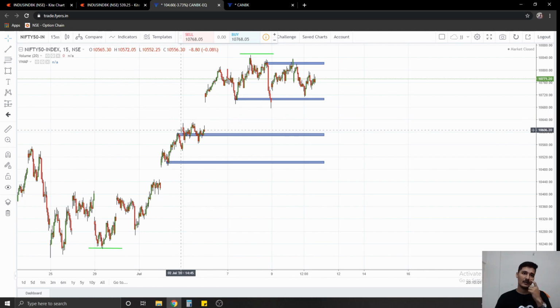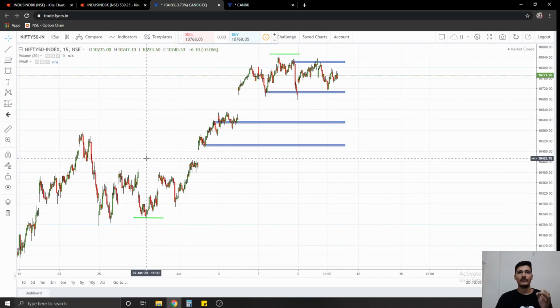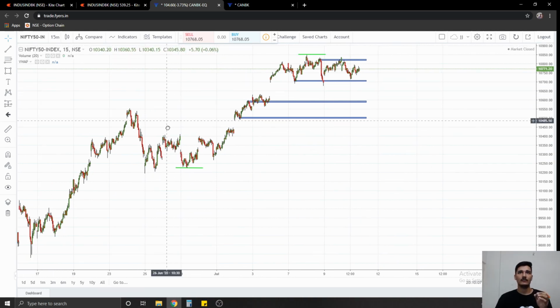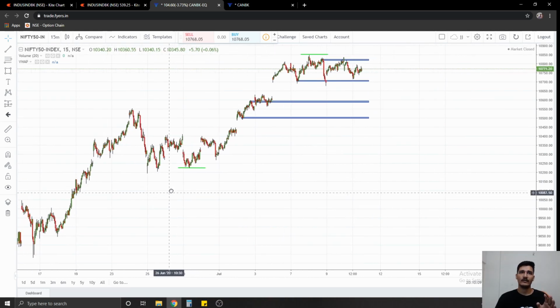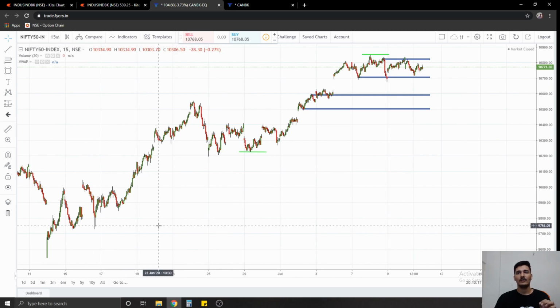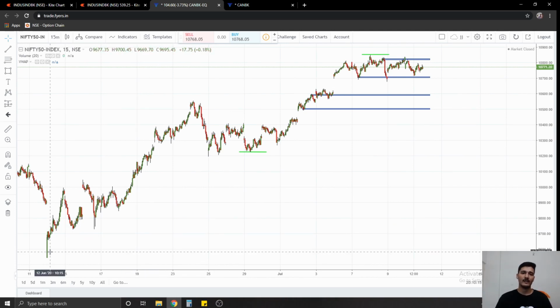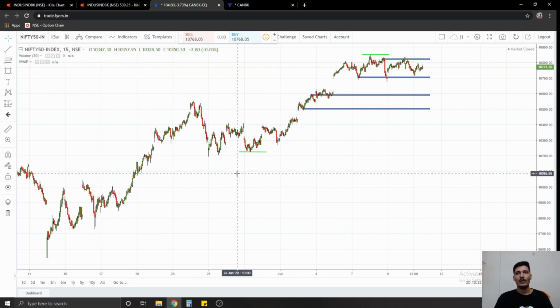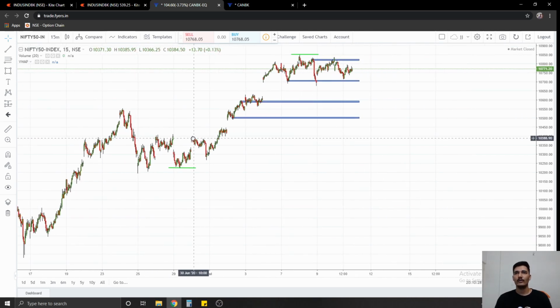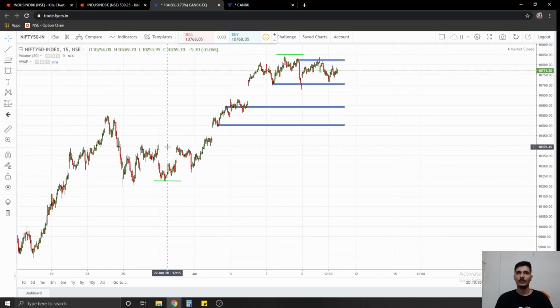I have already marked the swing highs and the swing lows for Nifty. Now I'll show you guys why I'm picking these particular swing highs and swing lows and not this one. The reason for that being, basically, the market goes into phases. It is trending, range bound, and then trending again. So I'm not considering the base at 9500 because clearly the market had a good higher high higher low structure and then changed all the way to a range bound market